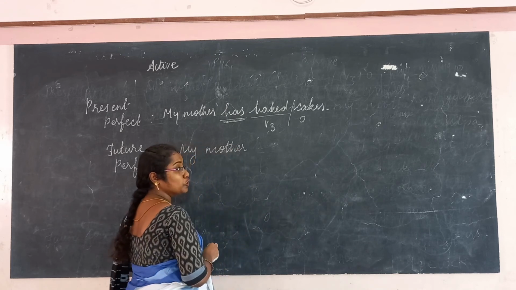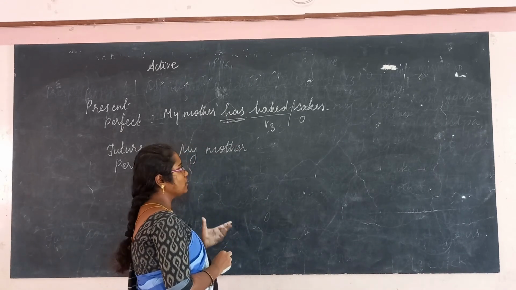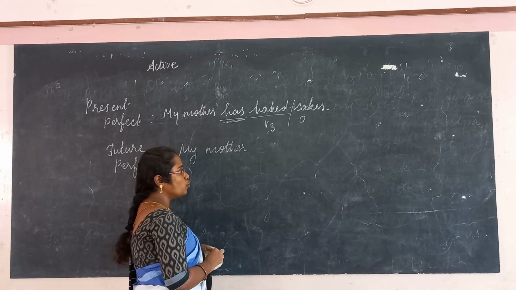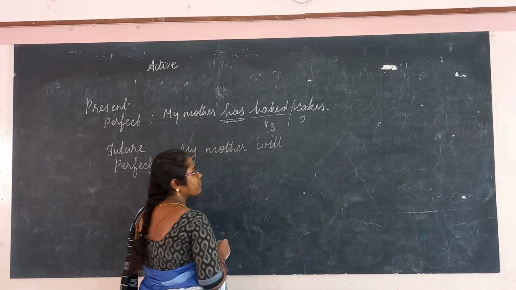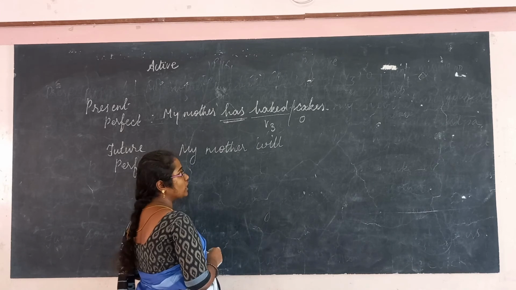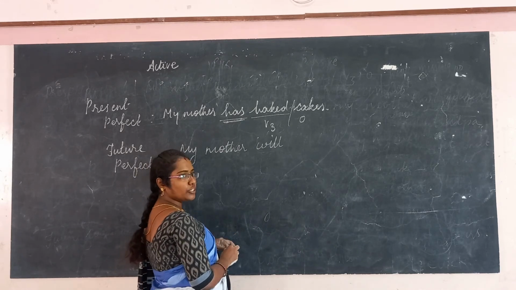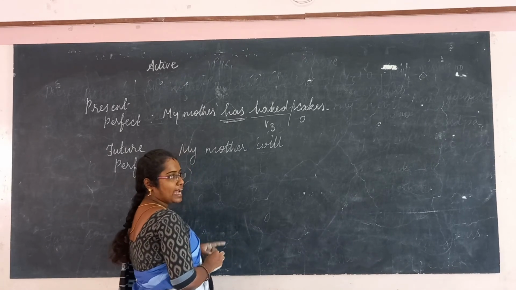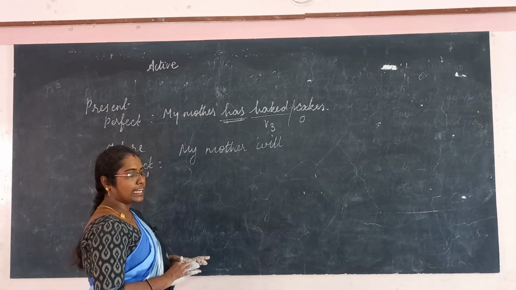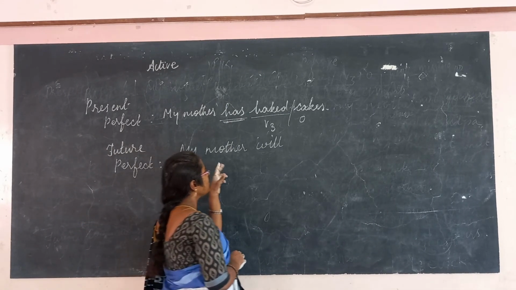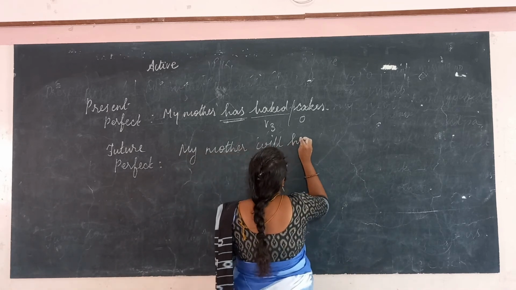My mother, future. Okay, the word future means you have to use the verb will. My mother will. And the perfect. Perfect means we have to use the word have. So here you should not use the word has. So has is only for the present tense. Okay, not for the future tense. So now the answer is my mother will have